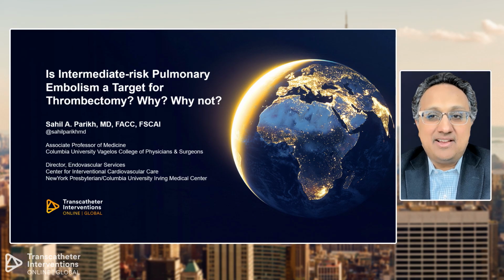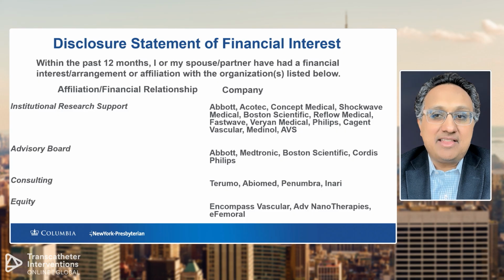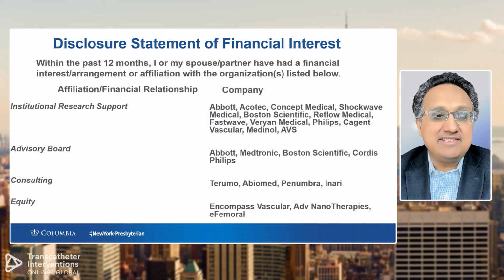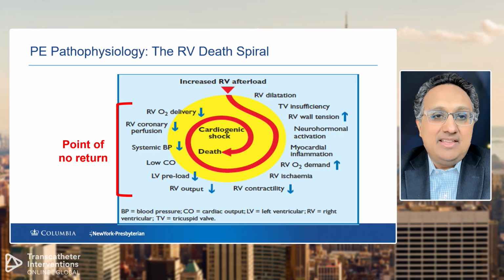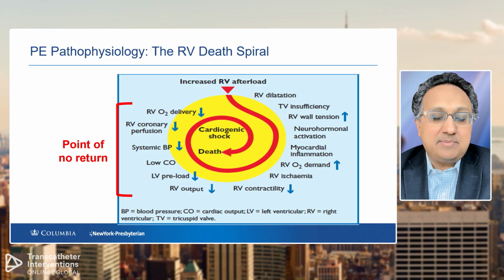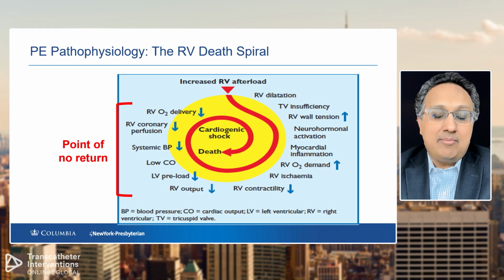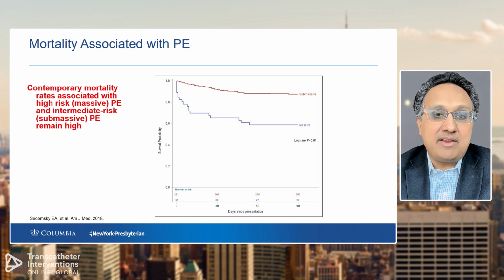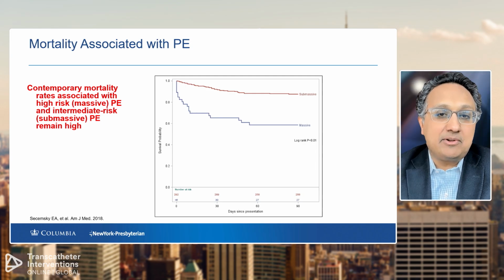Thank you so much. Well, I'm going to try to take an approach that I think allows us to bring everybody under the tent. So I think we're all sort of dancing around the point that these patients are in an RV death spiral. This is a disease of the right ventricle, and the patients who have high risk and high mortality outcomes usually have a devolution of the right ventricle. And that's why you see these very high mortality numbers that were alluded to earlier.